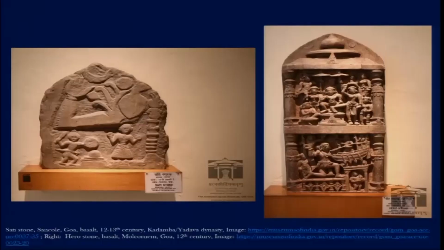So there are some more examples here, and first I will get into the meaning of the sati stones. As we know, for the hero stones we find the heroic male members of the society whose heroic deeds are established by means of these memorial stones, which are placed at prominent sections of the neighborhood, and perhaps sometimes also at the fringes of the city. And then there are also the other kind of stones, and those are called the sati stones.